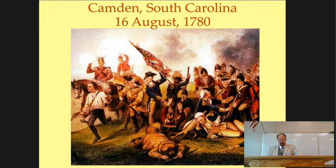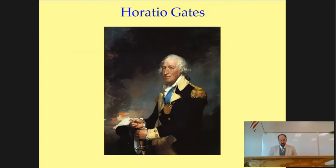Tarleton chased retreating Americans for 12 miles before turning back. The Continental Army lost at least 1,000 casualties, killed and wounded, and most of their supplies, while the British lost 350 men, killed and wounded. Among the Americans who fled the battle was General Horatio Gates himself, who began to run almost as soon as his militia did. And while all his men ran, aside from those who were captured, Gates really ran,